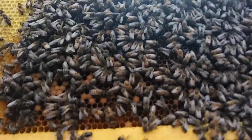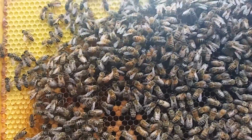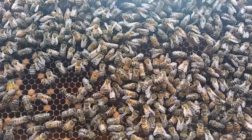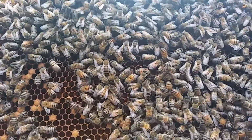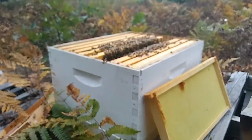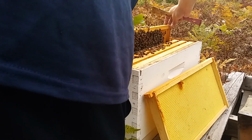Okay, so this is good then. You can see some capped stuff on the edges. Well, you can't really because there's too many bees, and there's a friendly neighborhood yellow jacket. And young brood all throughout the empty cells. That's good. Okay, I'm going to speed this up a little bit. As you see,